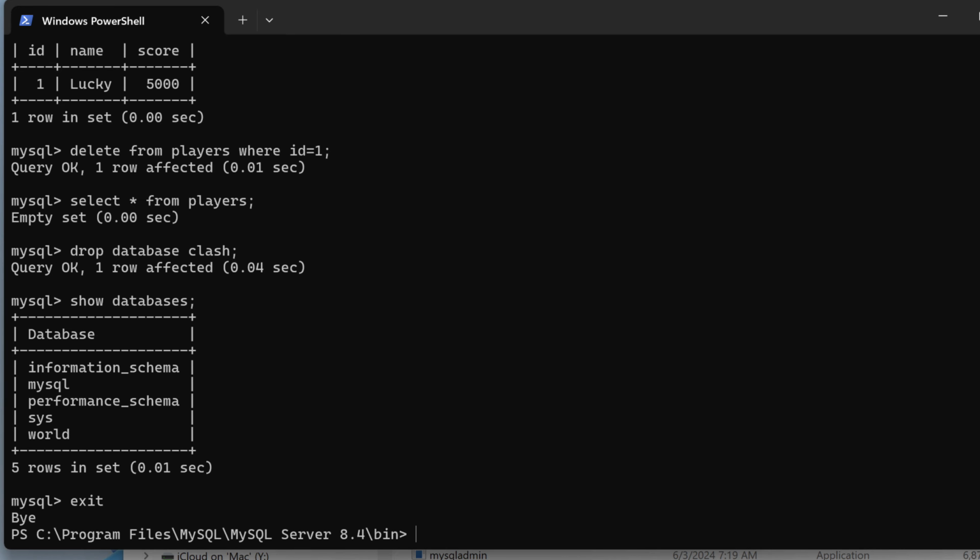This has been installing MySQL on Windows 11, along with the creation and use of CRUD commands on a custom